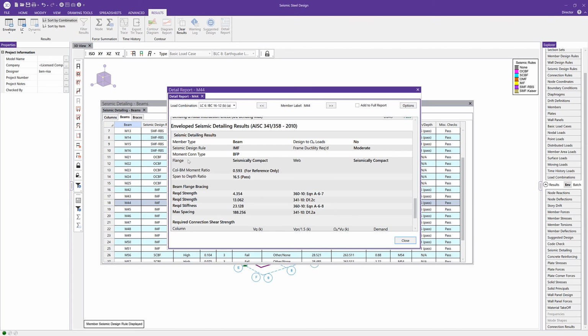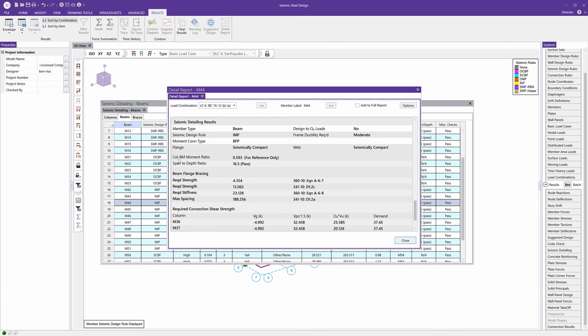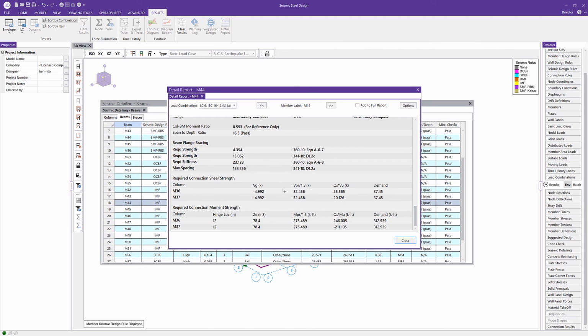So we can see that this member is seismically compact, so that's good. We can see the column beam ratio, just for reference in this case, 5.93, so that's okay. We can also see the required moment strength and the required shear strength. So this is information that we could use to design our seismic connections in RISA Connection if we wanted to. So all of that information can be useful to you as you design the member and as you proceed into